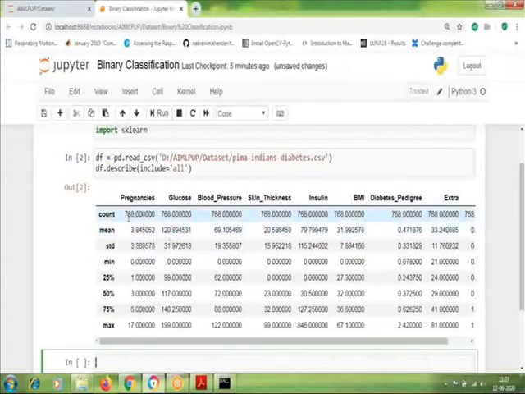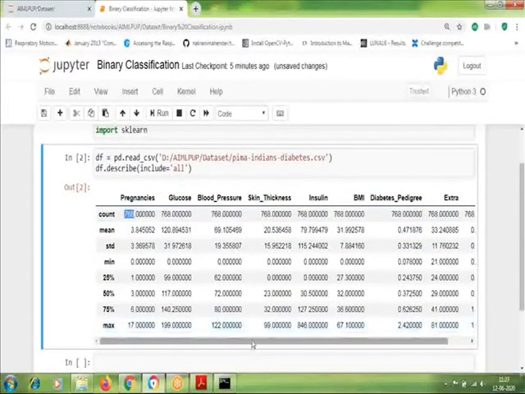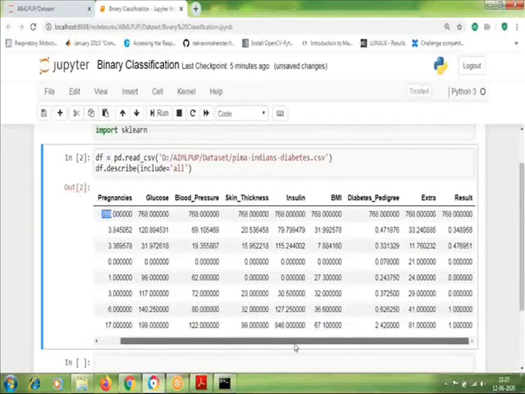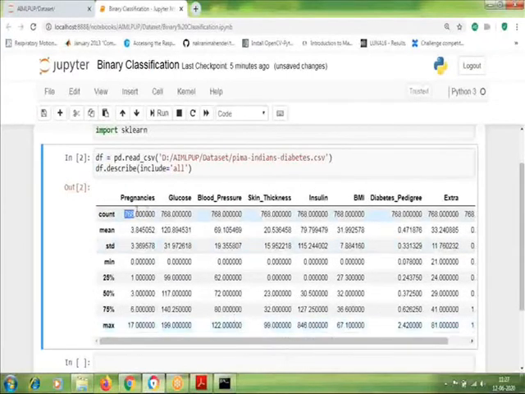Now in this data set, the first thing is count. Count is 768 for all the columns. That means there are 768 rows, and for all the columns the count is mentioned as 768.